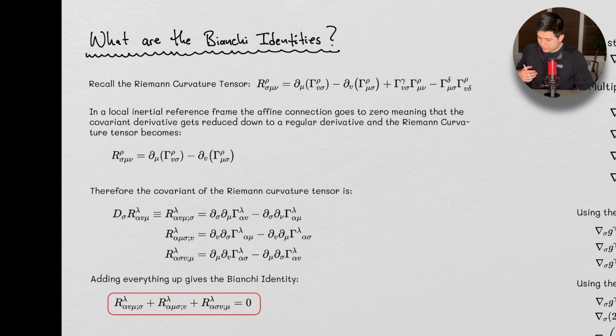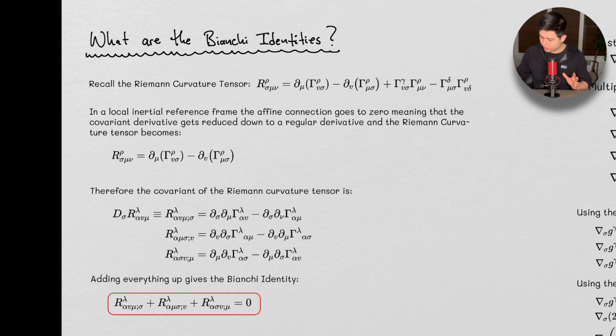Okay, so the Bianchi identities. We're going to start with the Bianchi identities, and then we're going to talk about the Einstein tensor and what the Bianchi identities really mean in terms of that tensor. And then the next topic is going to really focus on the physics of things. The next video is going to be talking about the stress energy momentum tensor and how the physics of things really gets put into this. But let's talk about the Bianchi identities.